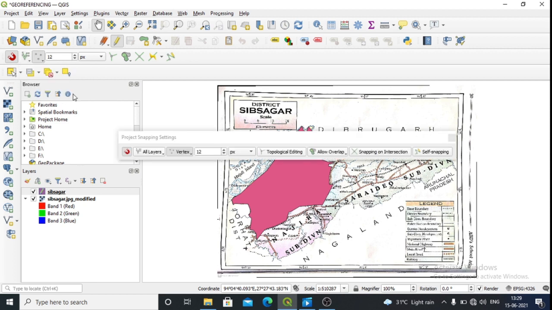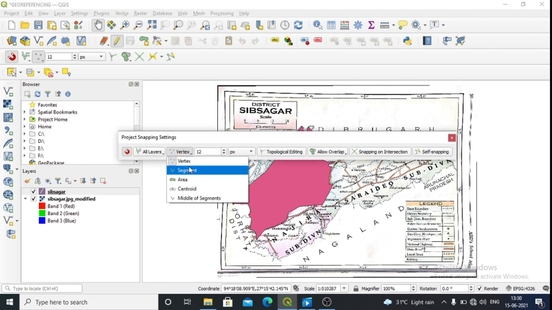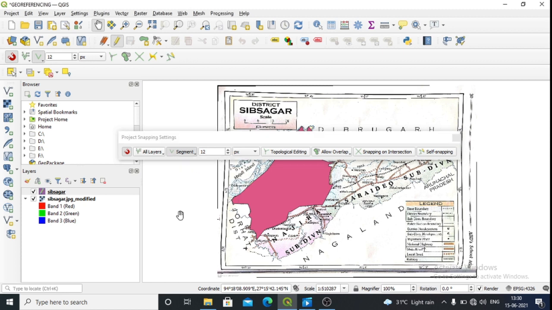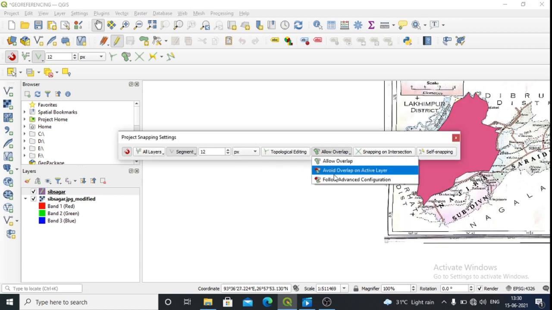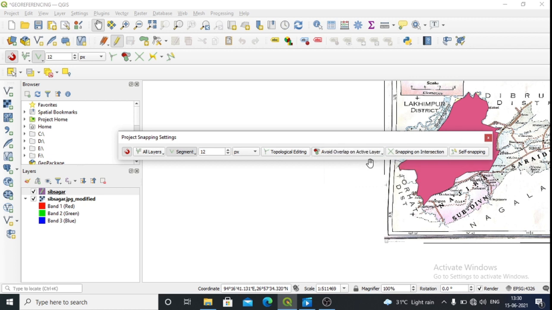Open snapping option, this particular one, okay. Click it. After clicking this one, you can see a pop-up menu has appeared, okay. Yete tumi ki koribo lagibo, certain changes koribo lagibo, okay. So here jete vertex ase, make it segment, okay. Then this one you make it as avoid overlap on active layer, okay.